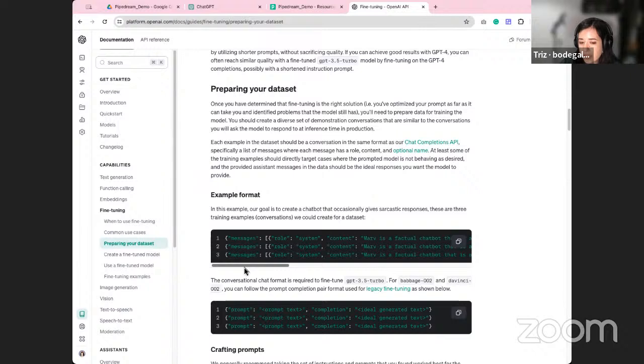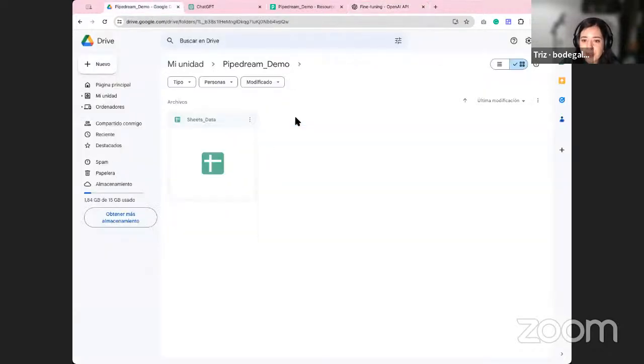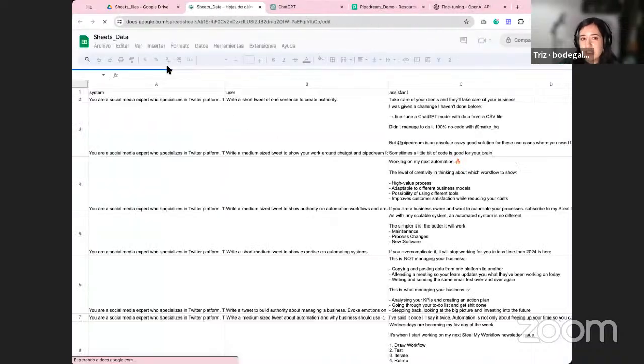So this works like a regular prompt. You can enter system instructions. On the user, you will be writing what you, as a user, would write as the prompt that you give to ChatGPT. And lastly, the assistant is what you would expect ChatGPT to give you as an output for that prompt that you just wrote. So to get this format, I have a Google Drive folder here, and I have my file here. You see that this is a regular